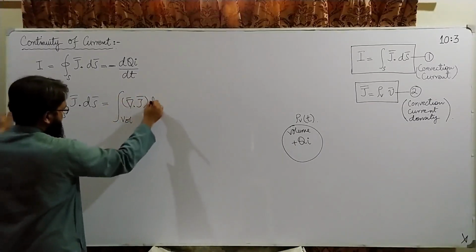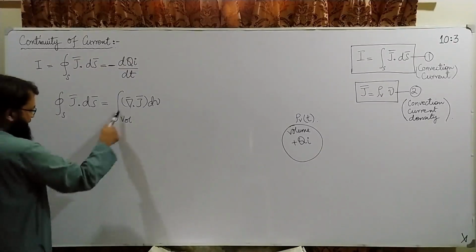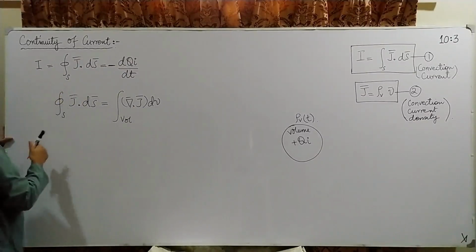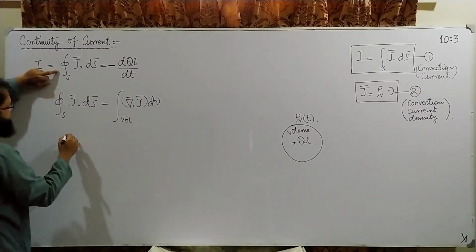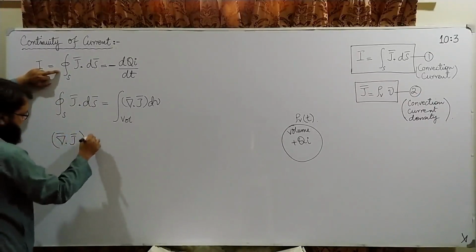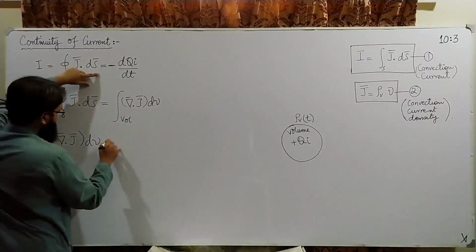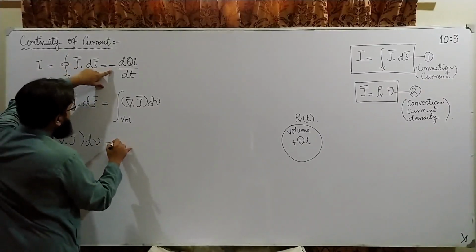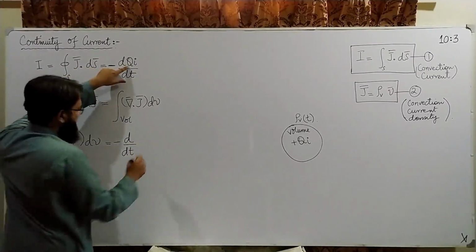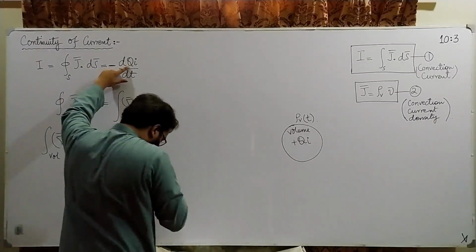this, where remember we said that there is a connection between this volume and the surface, that this volume is the volume which is occupied by this surface. So what we can do here on the left hand side is apply the divergence theorem. I can do this, which is equal to minus d upon dt, and qi is what? Qi is rho v.